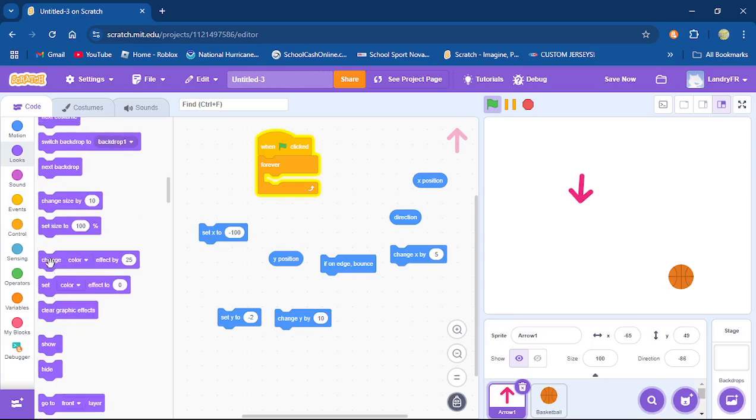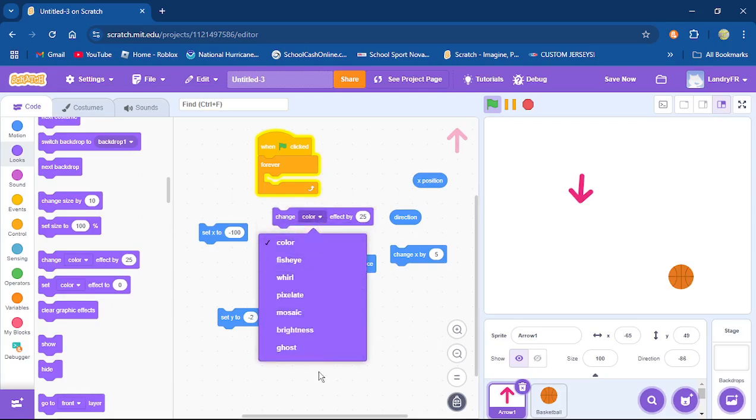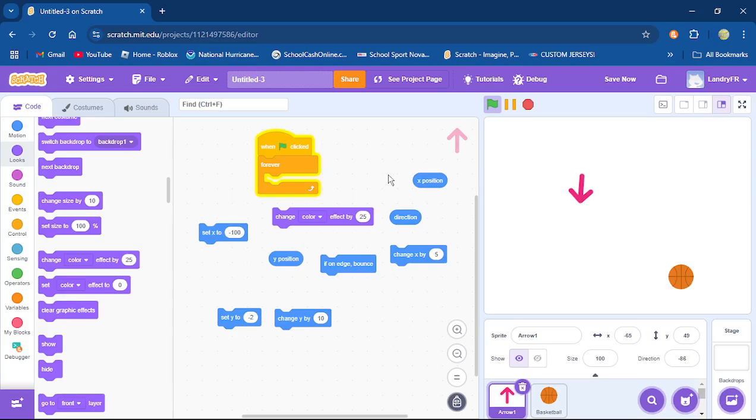Change color effect. This one's fun. I teach kids this one all the time, and all the things that are underneath, because I feel that this is very handy for games. You can make a really awesome fire animation. I may show that to you guys in another video. I already did one for a game that I made, and I have a fire pit in the middle of my screen. It's completely dark and spooky. The graphics all around. And I have a radius of light all the way around the fire, a circumference of light, I should say.